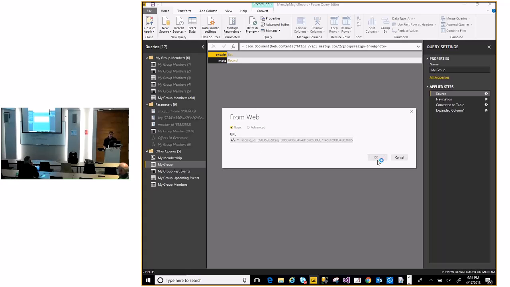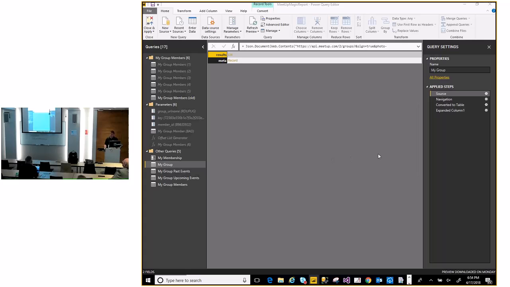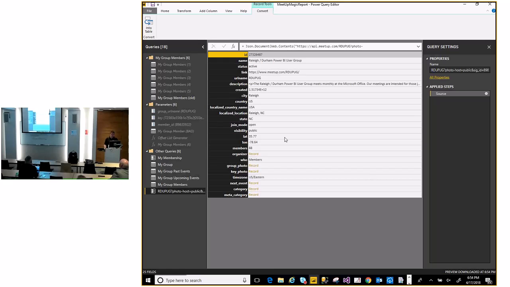Okay. So then if I click OK, I'll get a fresh data source. I can choose the level at which my request is going through. And the way this particular API is set up is it starts at the user group level as a slash and then applies all of the parameters after the fact. And we're going to make an anonymous request because we can. With that auth key, I can publish that out to the whole world. And then we see the results come back in this list format.